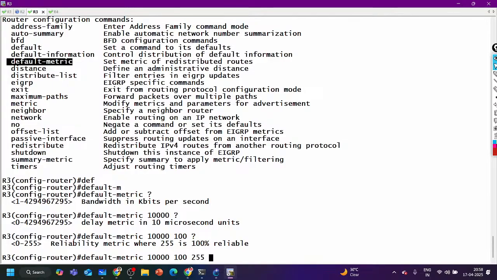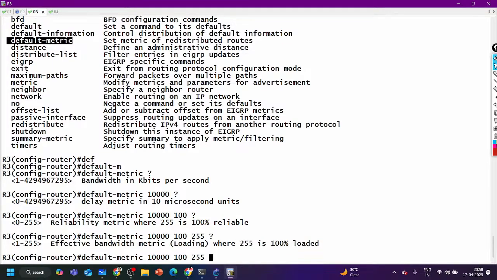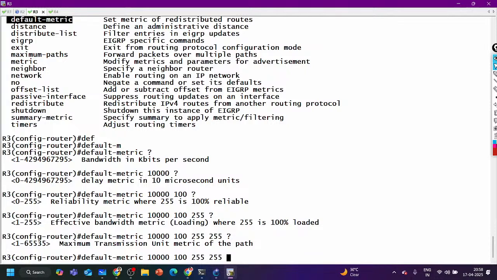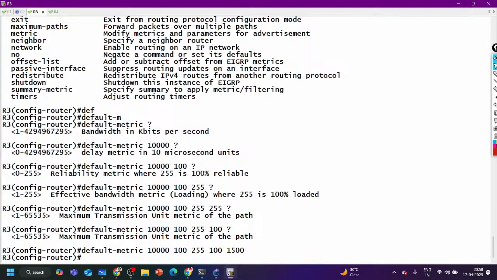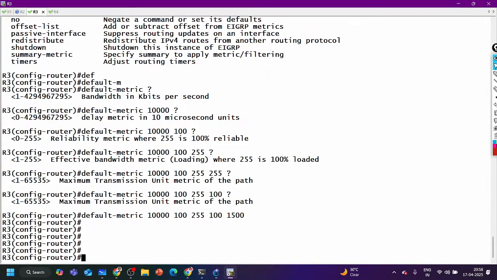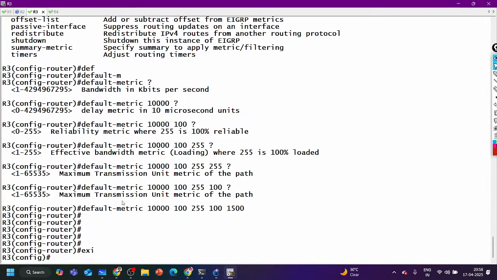Reliability, full reliable, 100% reliable, 255. Load, 100% load, let me reduce it to 100. Then MTU 1500 bytes.